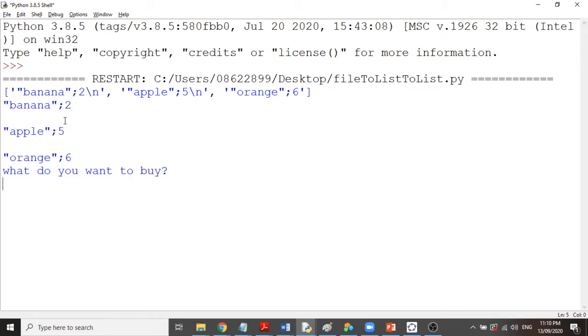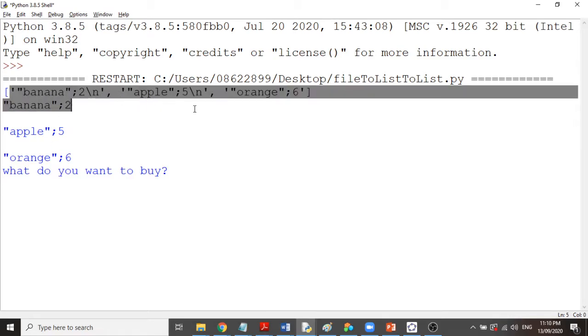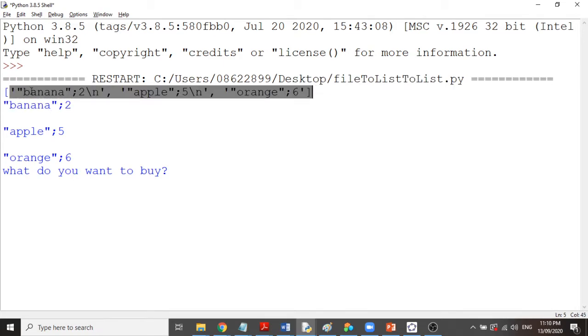So this is what we've got. Here is a list of fruit. Here are the names of the fruit. Here's how much the fruit costs. And then what I've done here, I've put out a print line. So I've printed the contents of the list, or I've printed the list. And then what I've done is I've printed each element individually. And then from there I'm saying, what do I want to buy? Well, I want to buy a banana. So I'm going to press 1